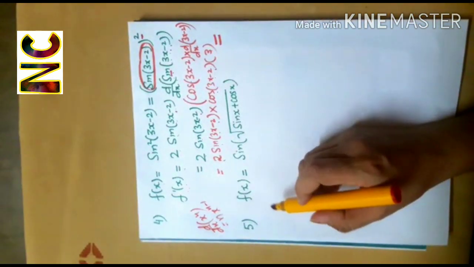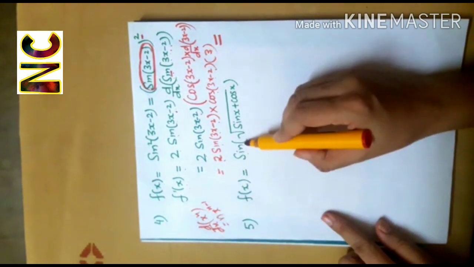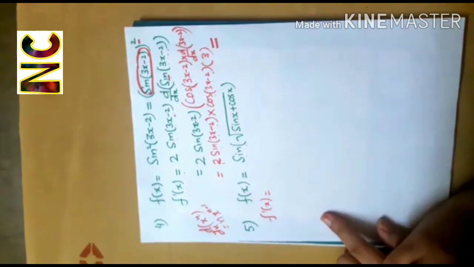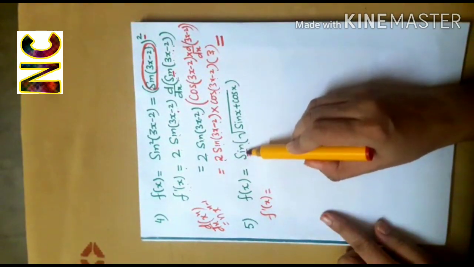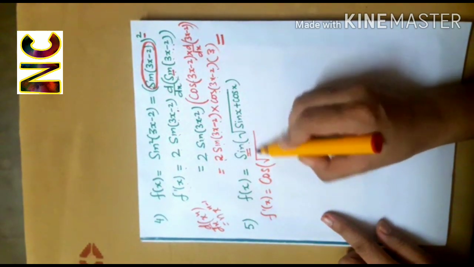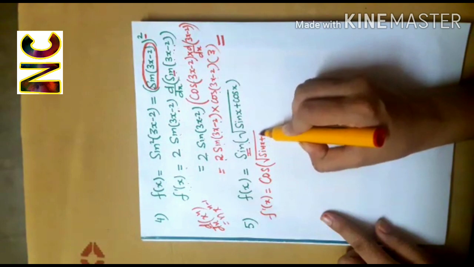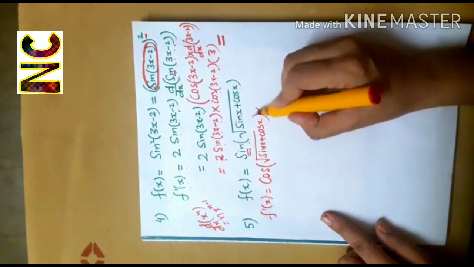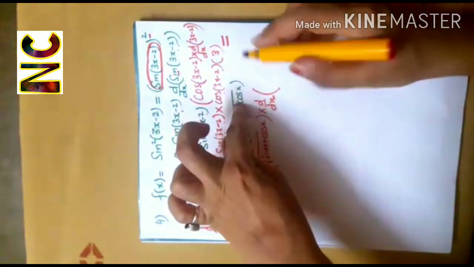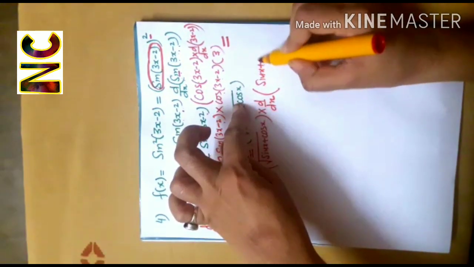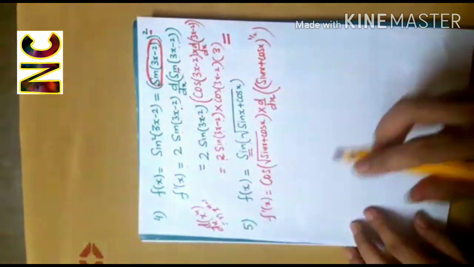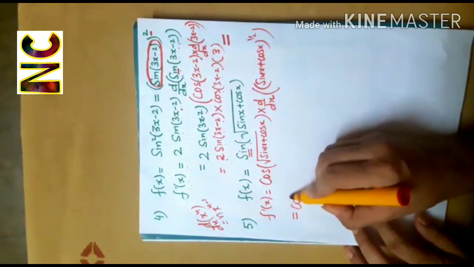Let's take another question. f(x) is equal to sin(√(sin x + cos x)). So f'(x) is equal to, yes, the outer function is sine, so its derivative is cos, and do not change the inner function. Now multiply it with the derivative of the inner function, that is this function, (sin x + cos x) raised to the power 1/2. Now this is equal to cos